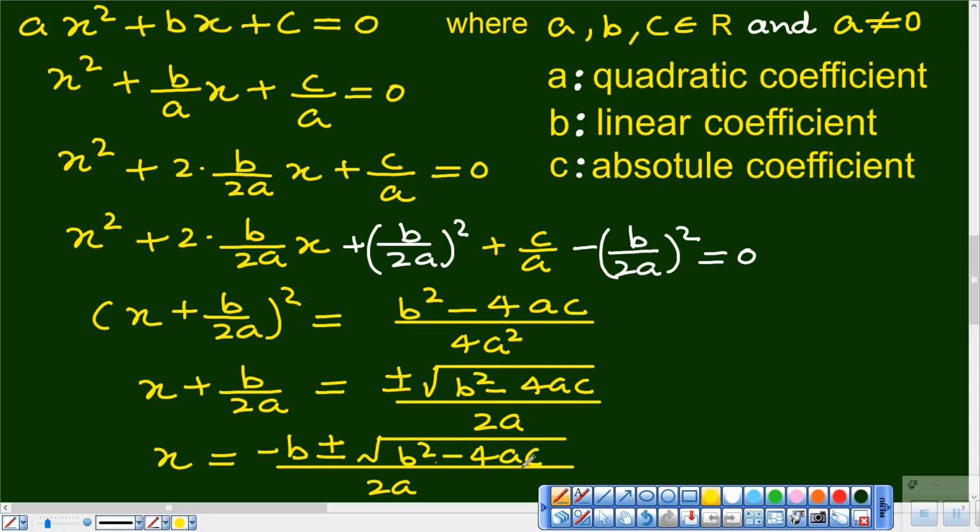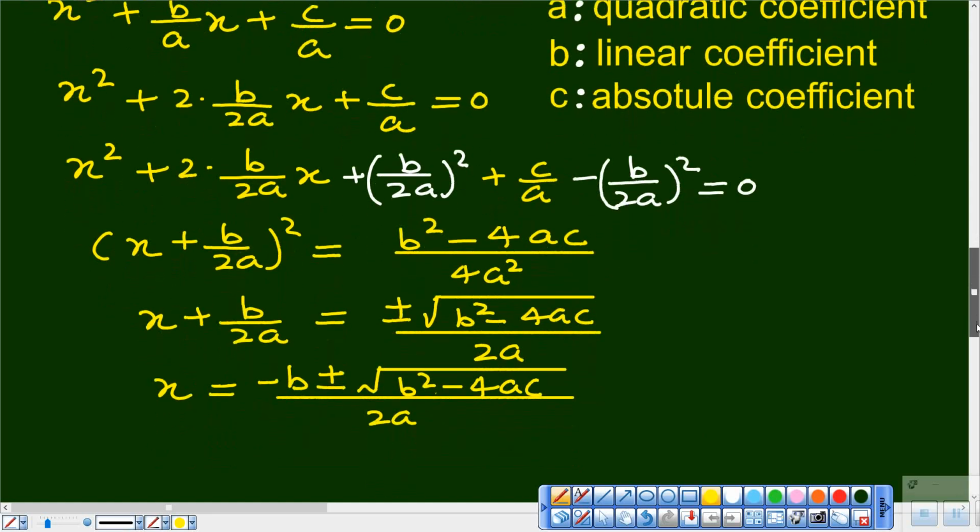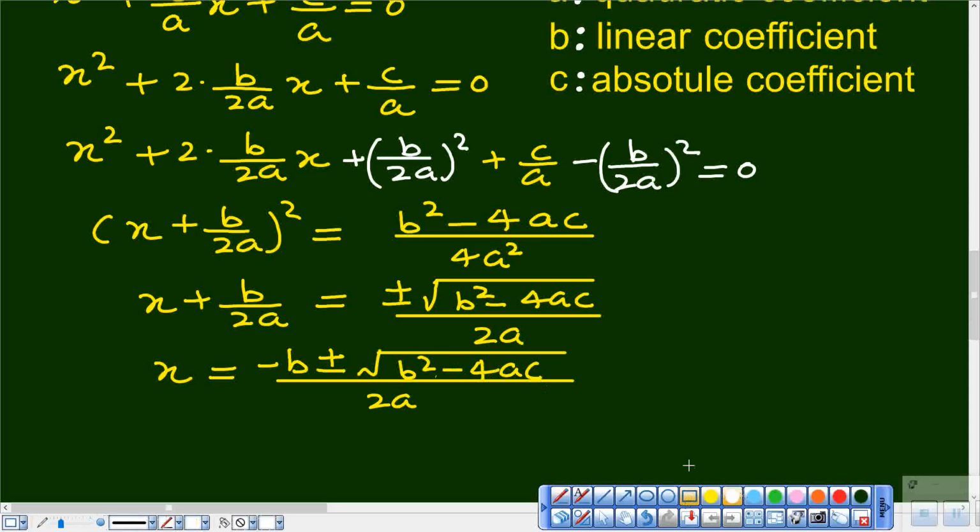That's why they are known as roots of the equation. Now, there's a very important quantity you can see occurring over here, that is the quantity inside the radical sign. It is very important because it will decide whether the two roots that we have are going to be real or complex, because if this quantity becomes negative, then we are taking the square root of a negative number, which will render a complex number. That's why this quantity is known as the discriminant, denoted by D.